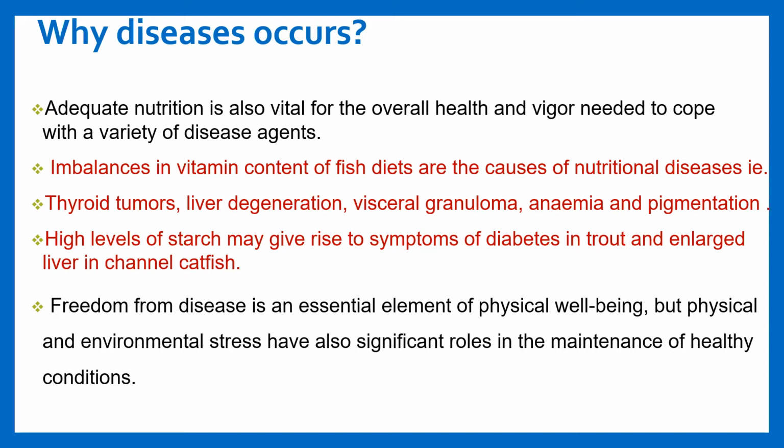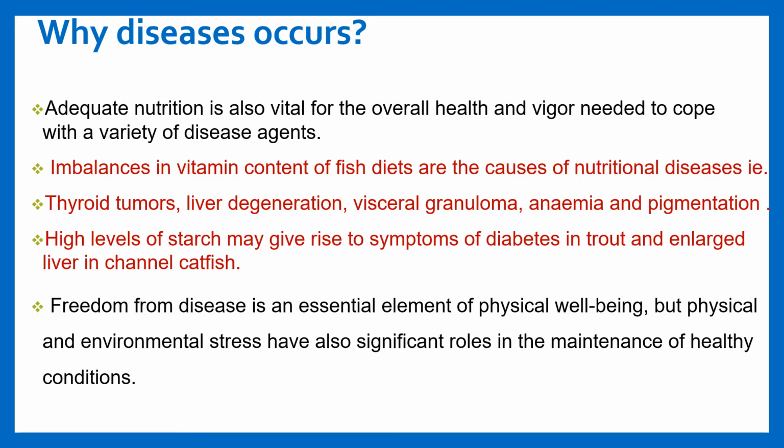Now the question arises: why does disease occur in fishes? Not only in fishes but in human beings also. The reason behind it is that adequate nutrition plays an important role in the overall health and vigor needed to cope with the variety of disease agents. And if there is any change in their diets, or any deficiency or imbalance in the diets, then